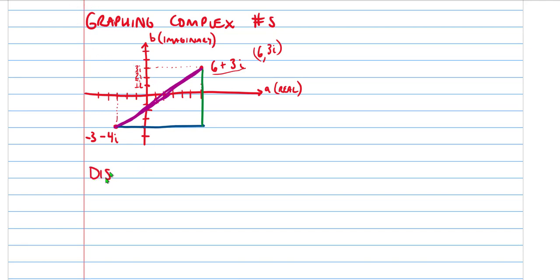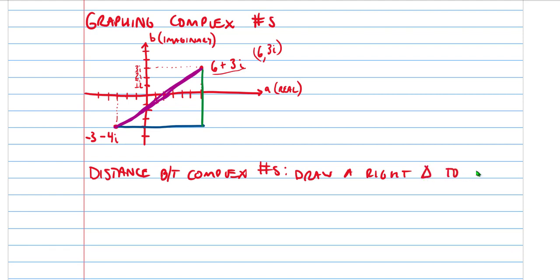So to find distance between complex numbers, all we do is draw a right triangle to connect points and use